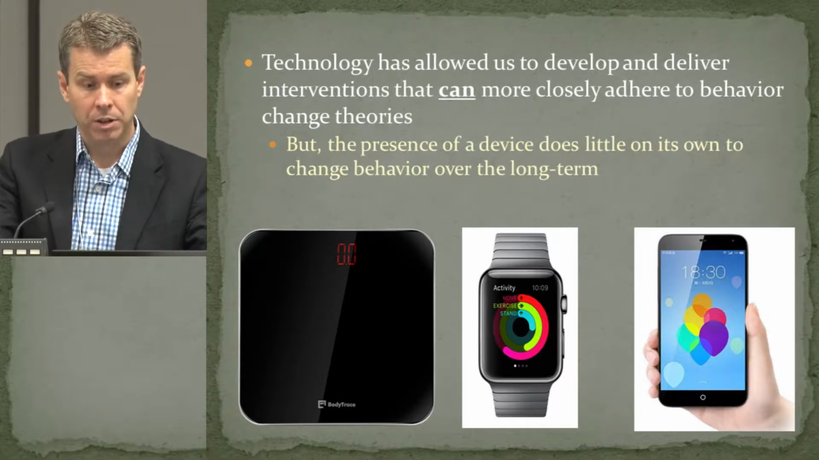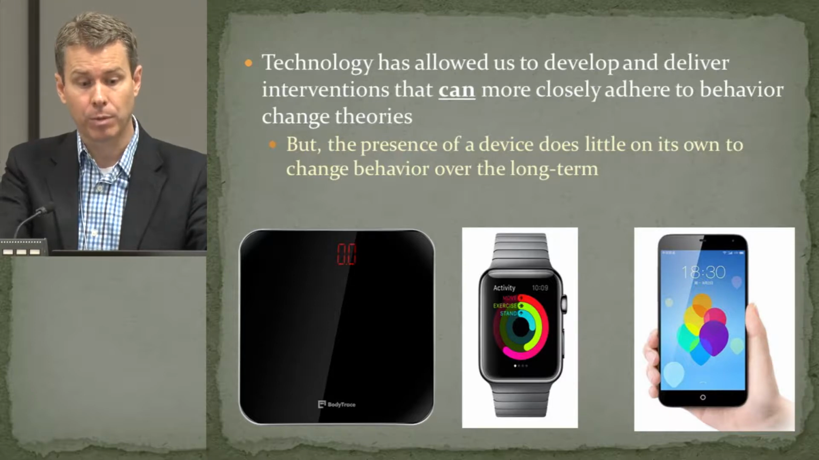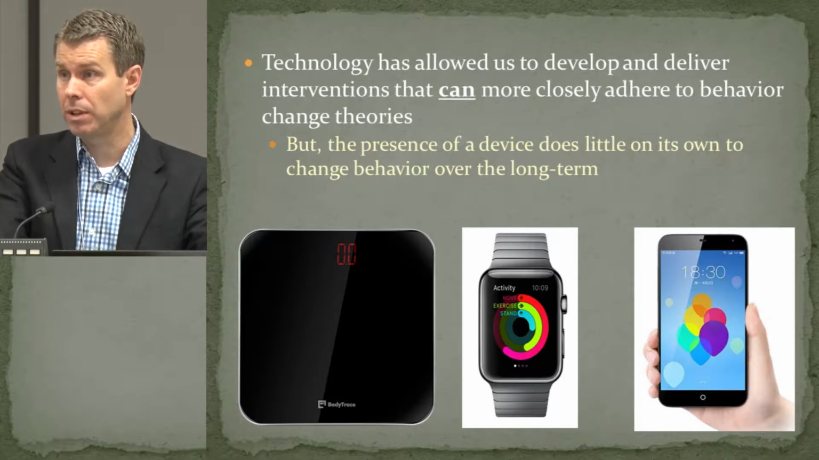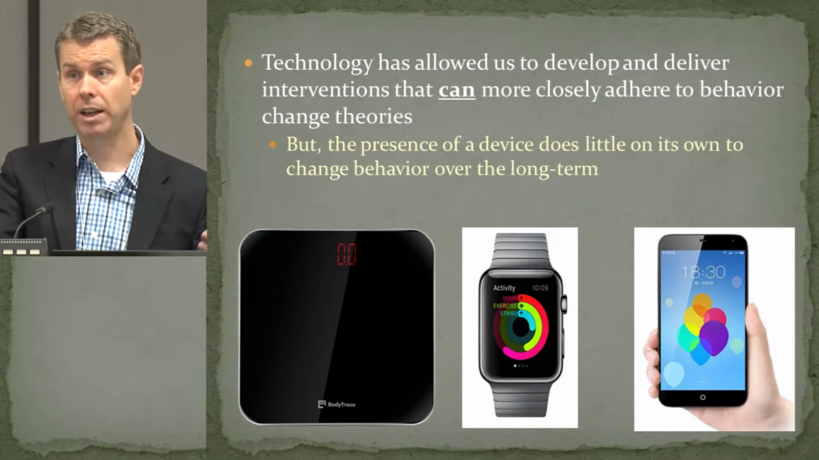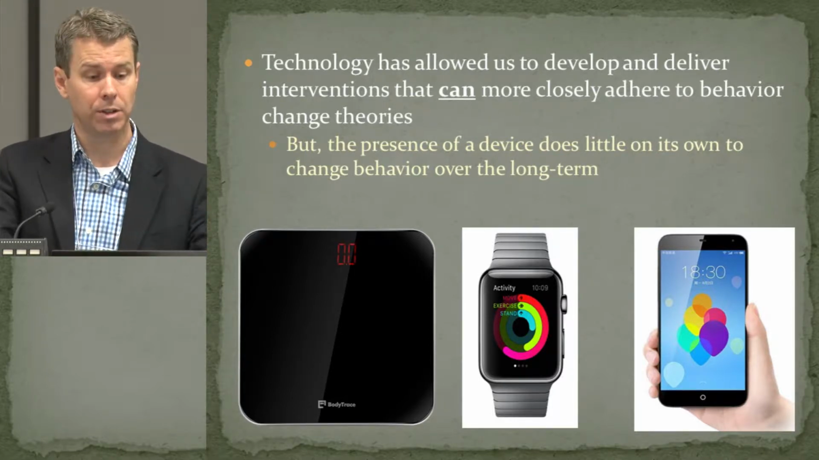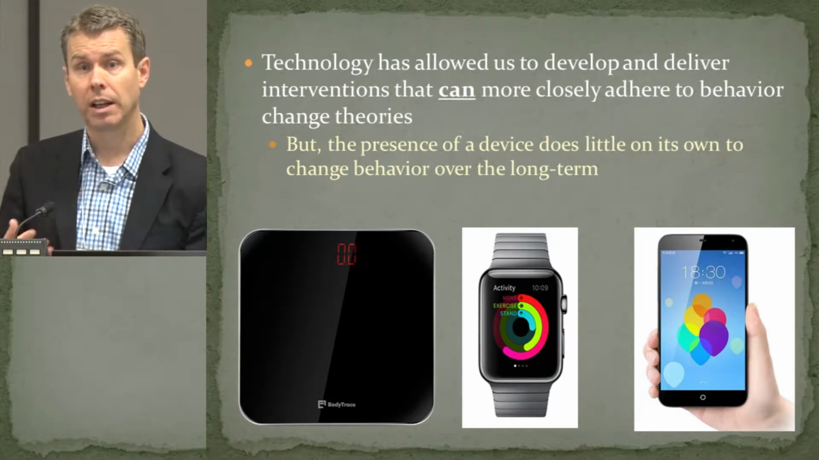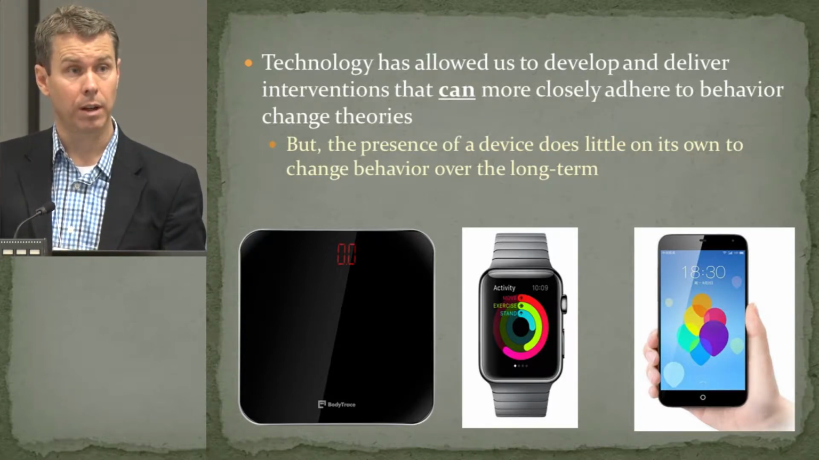So as I mentioned, technology has really helped us develop and deliver interventions that theoretically can more closely adhere to behavior change principles. But I really have to stress that the application of these technologies or the use of these devices does little on its own to actually change behavior. So because a patient purchases a Fitbit or is given a Fitbit, that doesn't mean they're going to magically start running marathons. They might increase their activity for a week or two, but after a while they will very much go back to baseline unless, of course, they utilize that activity tracker in the context of a theoretically based intervention